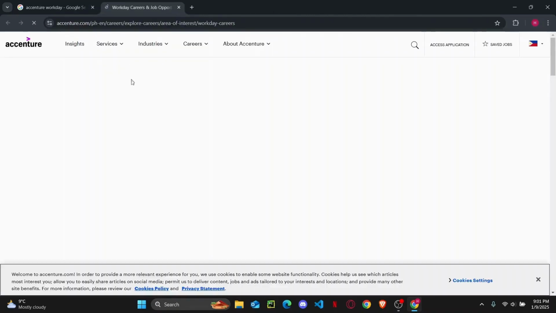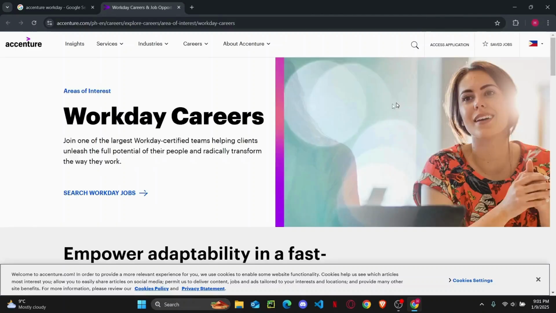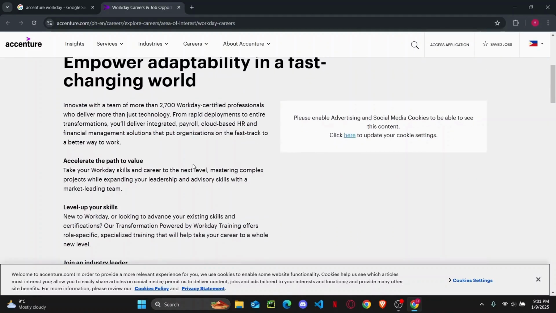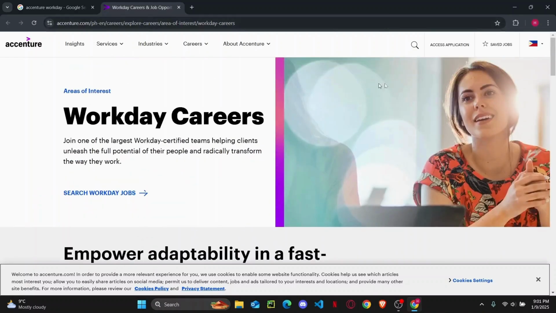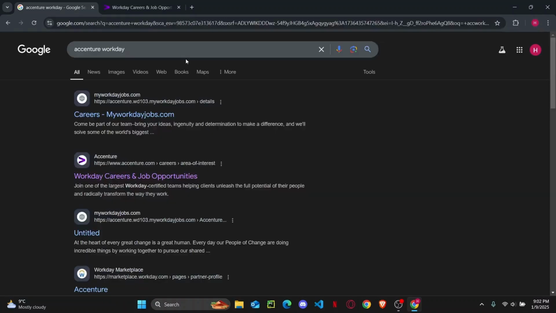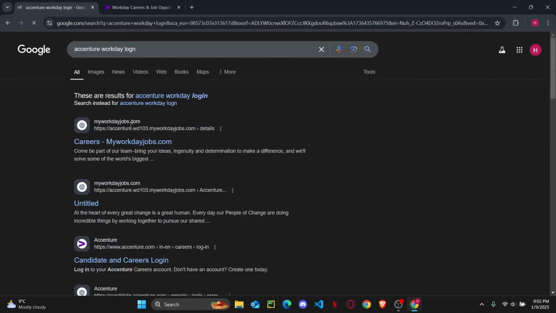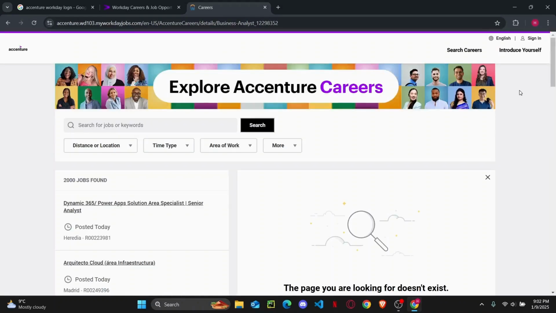So the first thing you need to do is search for Accenture Workday on any of your web browsers. And once you open it up, if you want to log in, you will find the application part right here. You can go ahead and search for login right here, and then it will show you the login portal for it. Open up the first link that you see, and on the very top right corner, you'll have an option